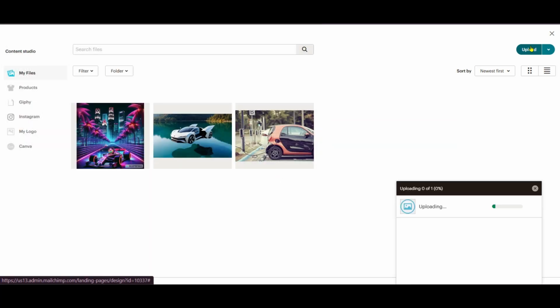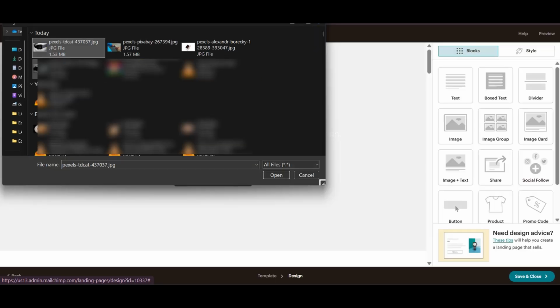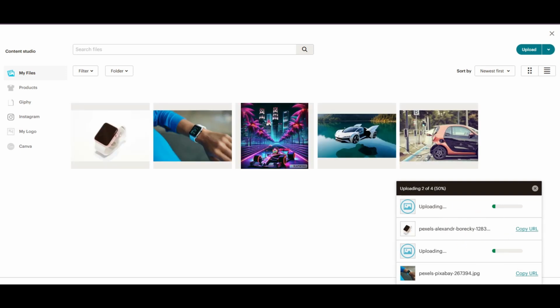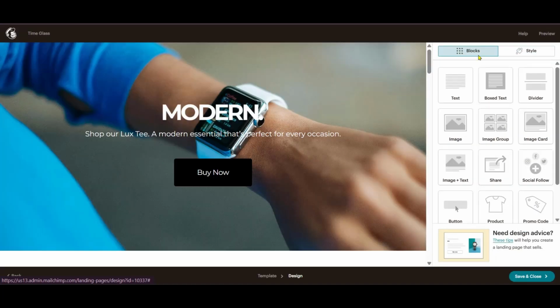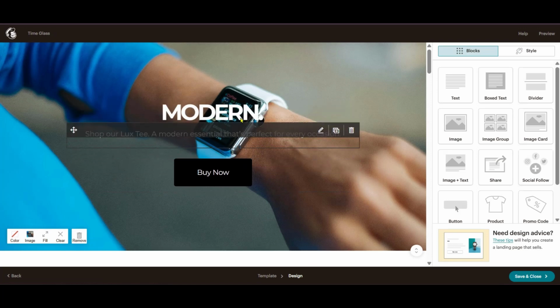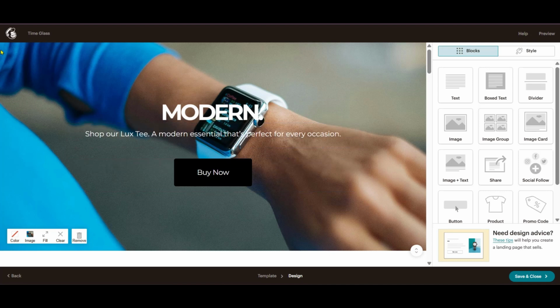And in fact, you can actually upload multiple. So we're going to click on upload once again and make some selections. So currently you can see uploading and these other ones are uploading. We're going to close this because it can continue in the background. And awesome, you can see this beautiful picture that has replaced what we had before because we're not dealing in t-shirts. And as you can see at the top here, this is our brand name, Timeglass,